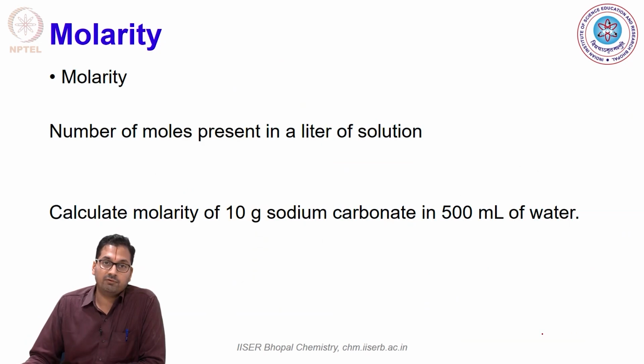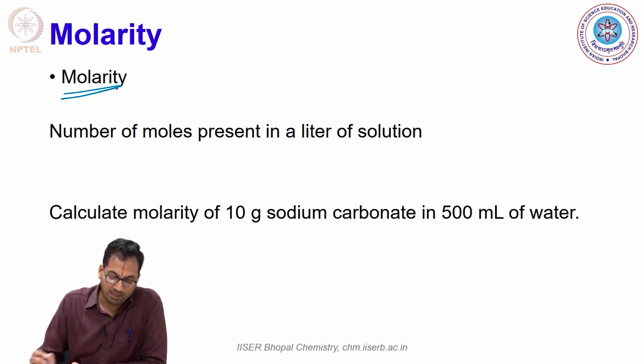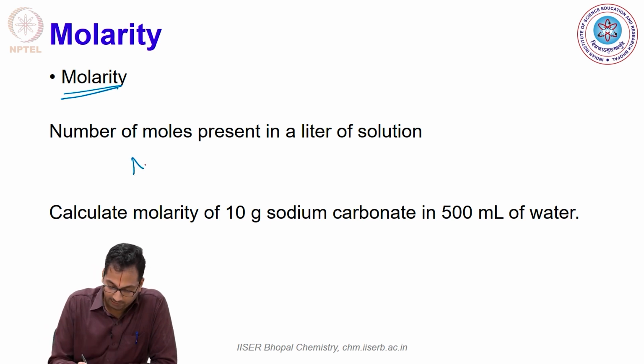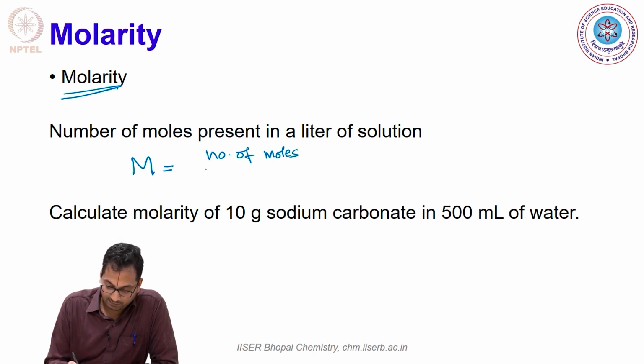Now let's go to the first concentration unit that we will most commonly use in this field of chemistry. So that is called molarity. Molarity is defined as the number of moles present in a given volume of solution. So basically molarity M is given by number of moles, which is unitless, divided by the volume of solution